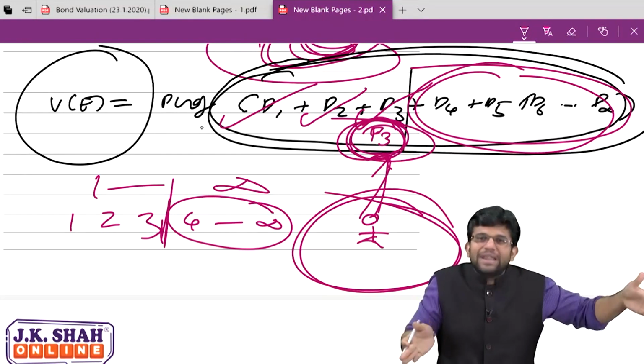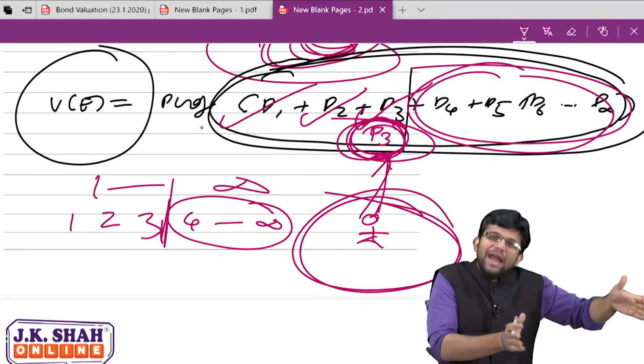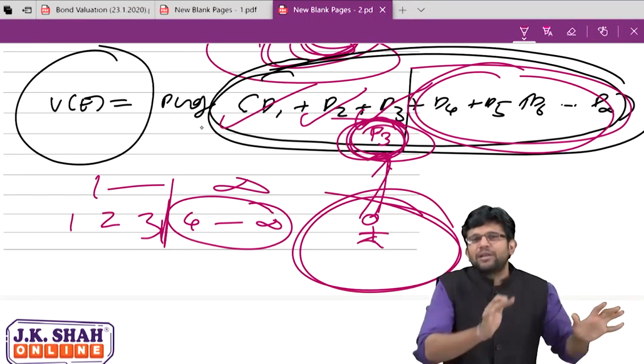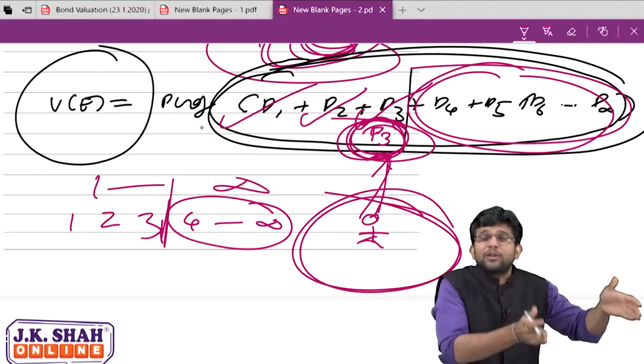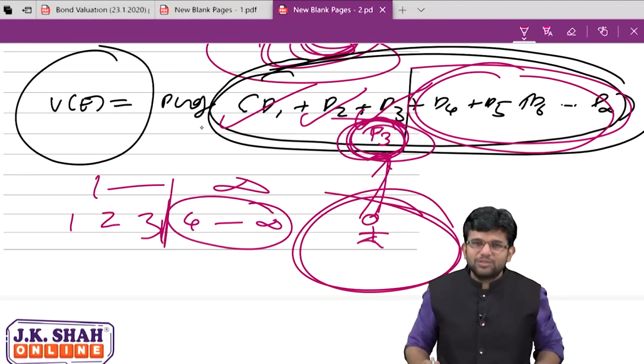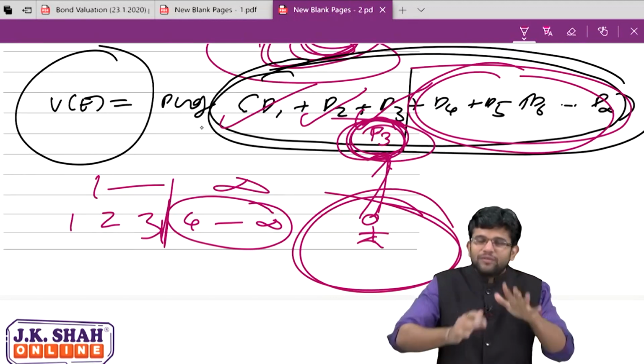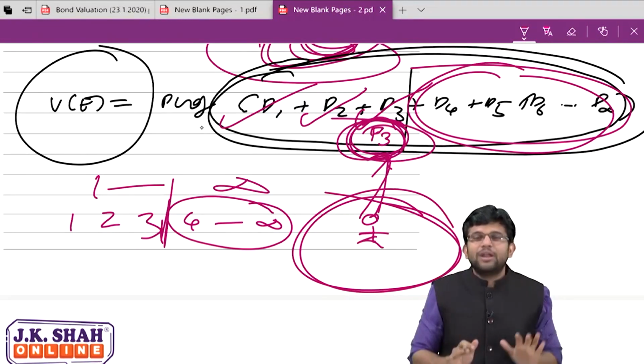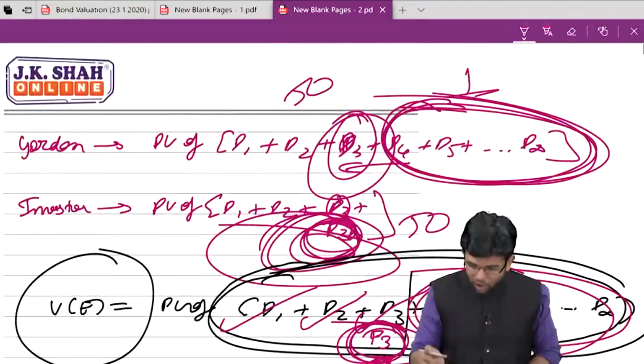You have to pay for the entire thing. Then you enjoy 3 and then sell off the remaining part, recover your investment, recover the value that you paid for 4 to eternity. Thereby the eventual result is you have paid for 3 years only. Everybody clear? So with this I just wanted to tell you that don't think that Gordon got it wrong by